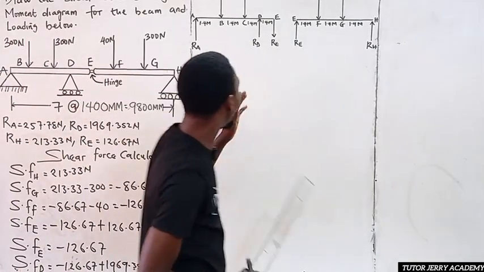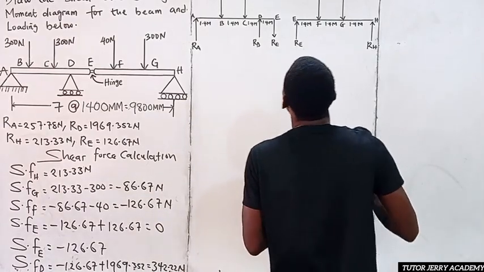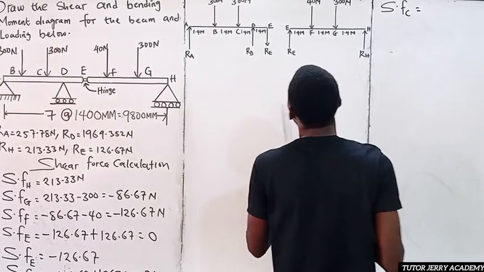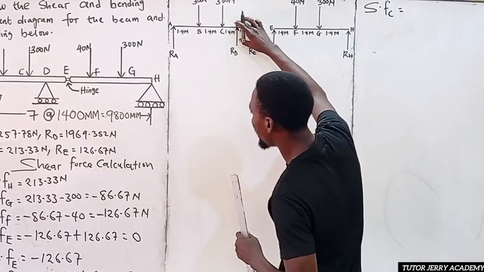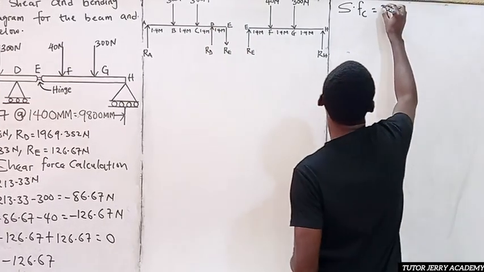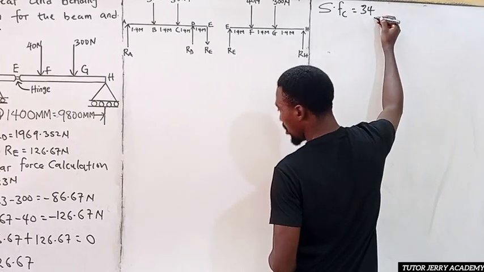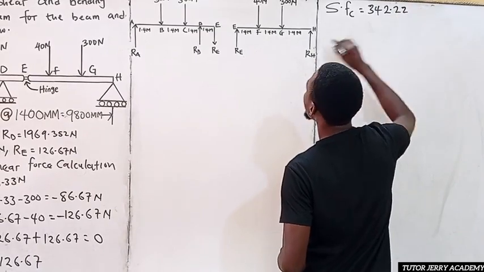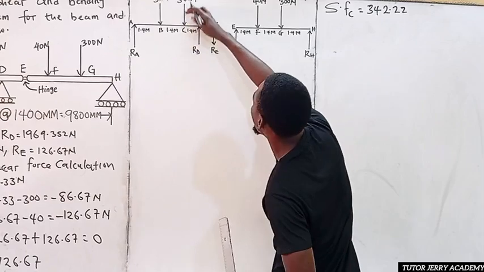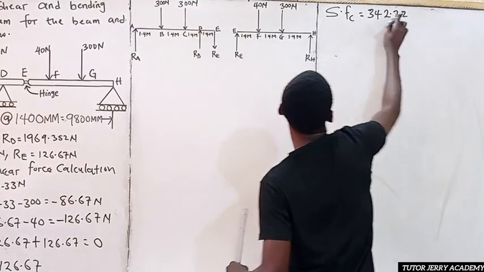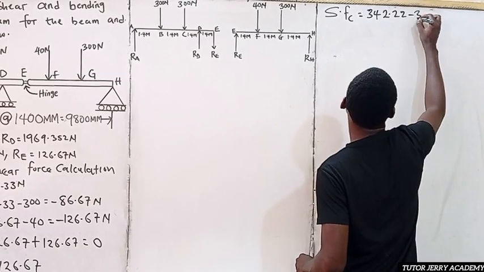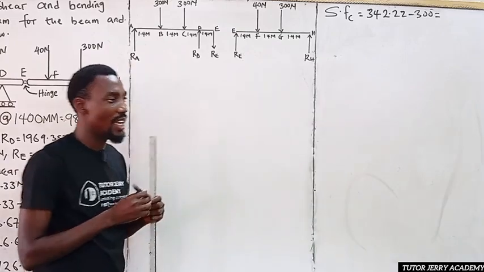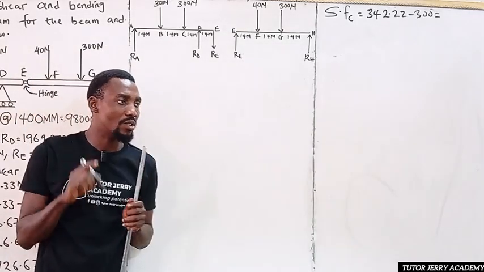Now, we are done with point D. So the shear force at point C. The shear force at point C will be equal to, since we already know the shear force at point D, which is 342.22, we are going to subtract 300 from this. So if you subtract 300 from this, you are going to have your shear force at point C to be equal to,